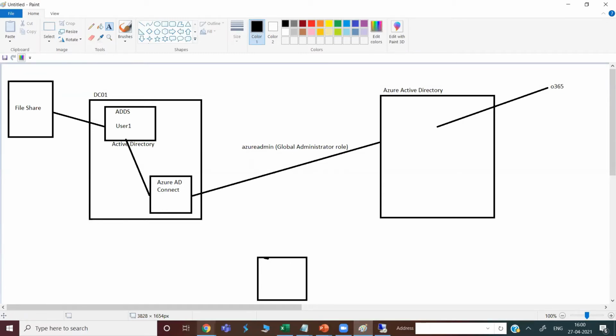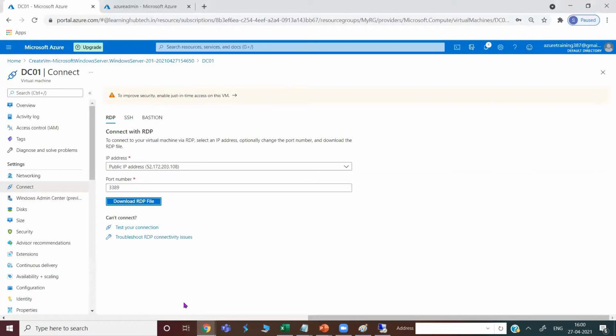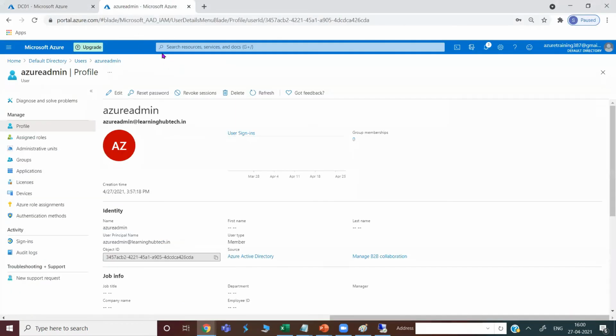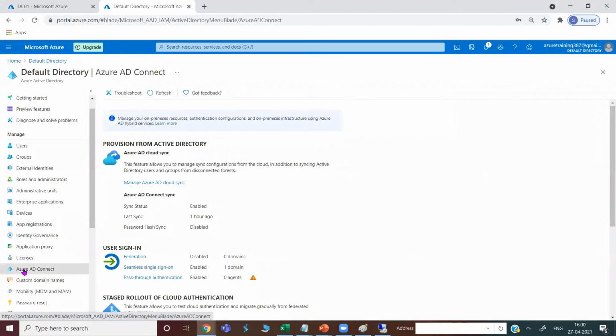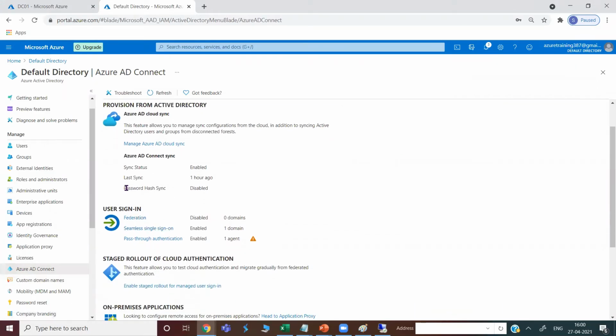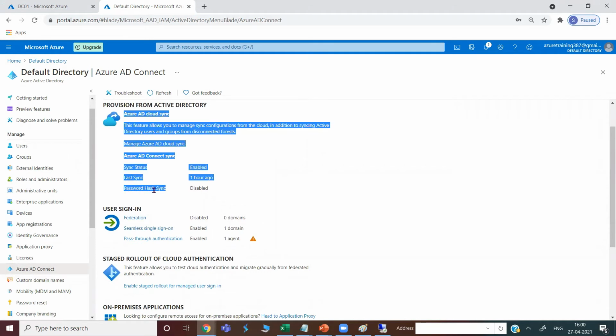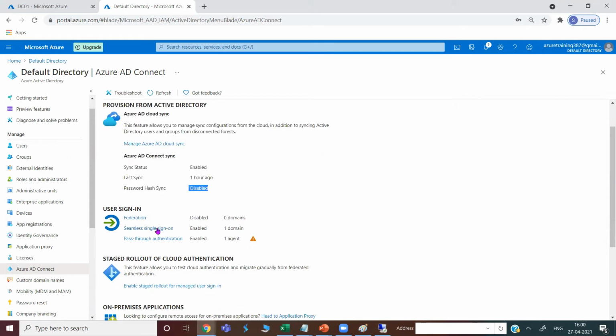Right. So now let me show you something else here. When you go to the Azure Active Directory, you can see there is an option called Azure AD Connect. Correct. Right now, you can see password hash sync is disabled. It is showing as disabled.